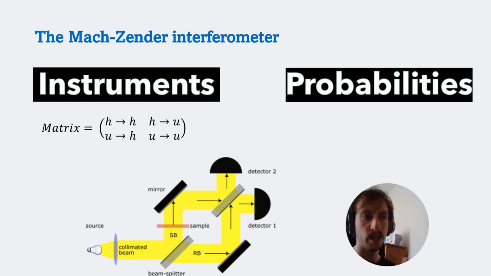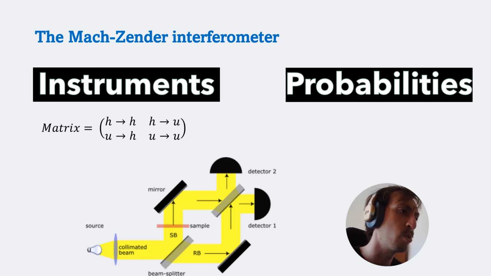And we can see that this summarises, if we look at what could happen to our photon in a Mach-Zehnder interferometer, everything that can possibly happen to our photon in terms of it carrying along the same trajectory or it being deflected. So we have all the elements we need within this matrix.